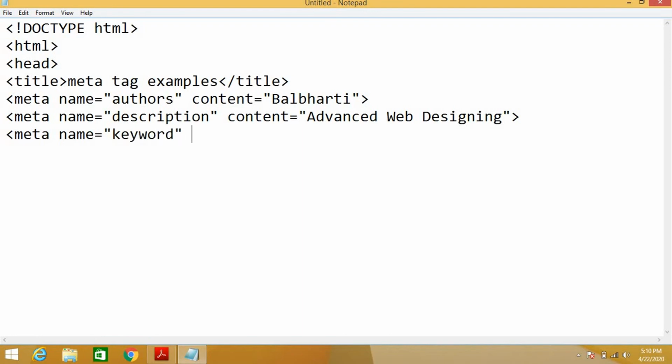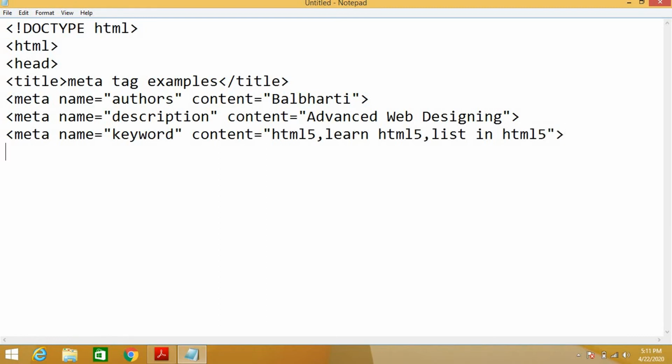Content equal to the keywords you can search for: HTML5, learn HTML5, list in HTML5. Just close this.